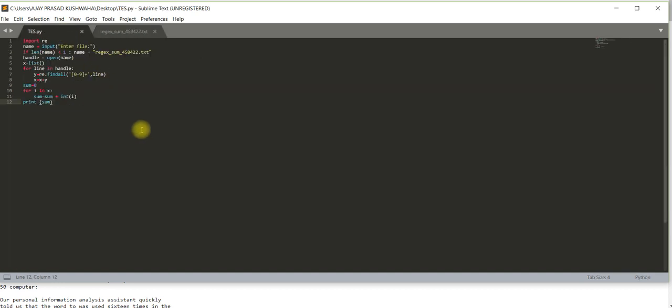Now you write the code, Python code. And this is the code. You write exactly the same way. Import array name input, and this name is exactly what I have copied. Again I am going to paste it. This name may be different in your case, so please do the same process. And here also I have saved this on the same location, desktop. Both files I am saving on the desktop.